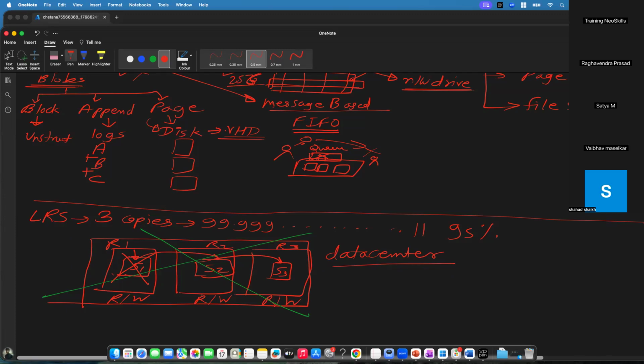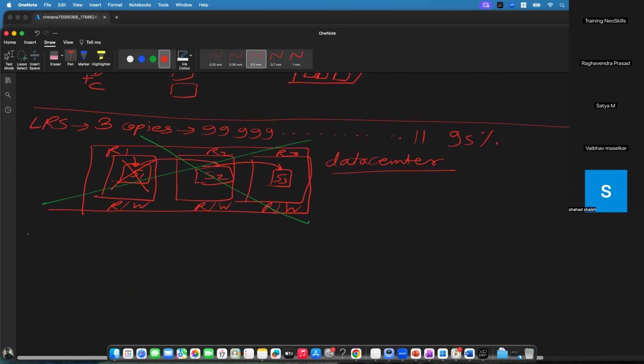But if you're not okay with that, if this kind of thing is happening once in a while, and I can't afford it, then you can go for the next redundancy, which is ZRS, zone redundant storage. Now, what is meant by zone redundant storage? So it will also create 3 copies for you, but it will give you